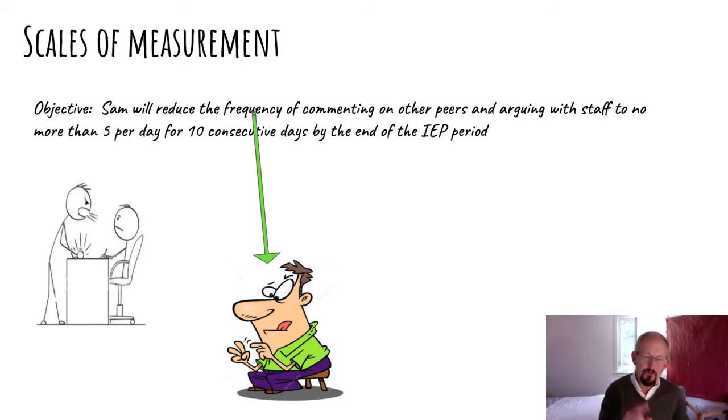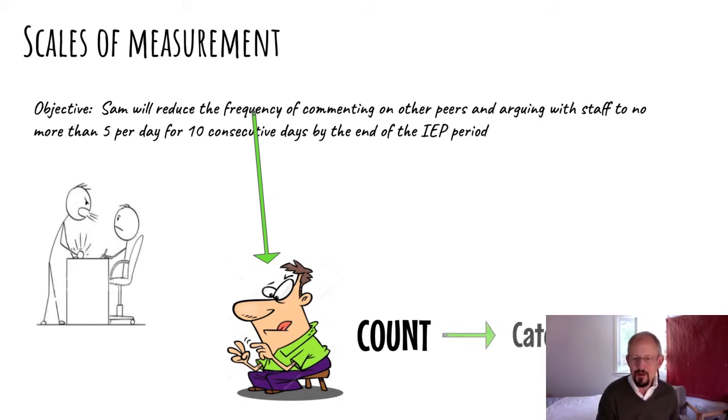Okay? So a frequency count must take into account the feasibility of counting given all the other tasks that are going on in the classroom. And what that entails basically is there are many other things for teachers and paraprofessionals to do in a classroom other than tracking data. And that's not only for that one child, but for all the children in the classroom. Okay? And when that occurs, one possibility is to think about a different type of scale of measurement, and that's